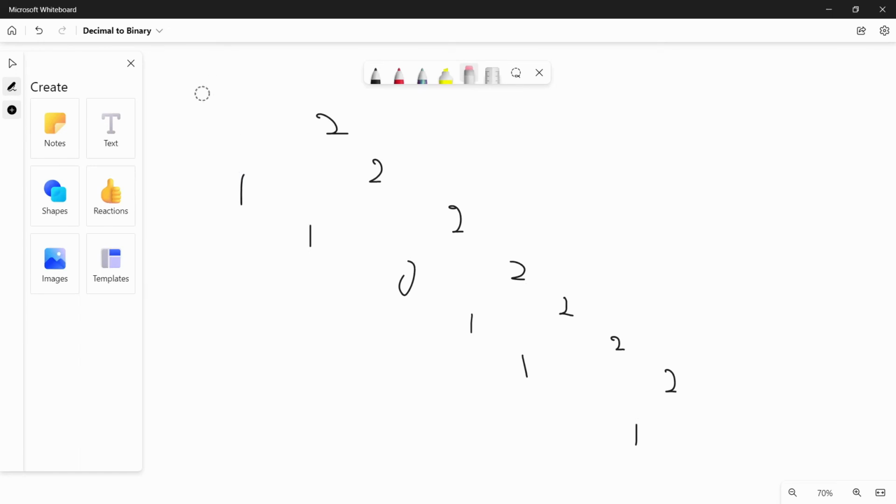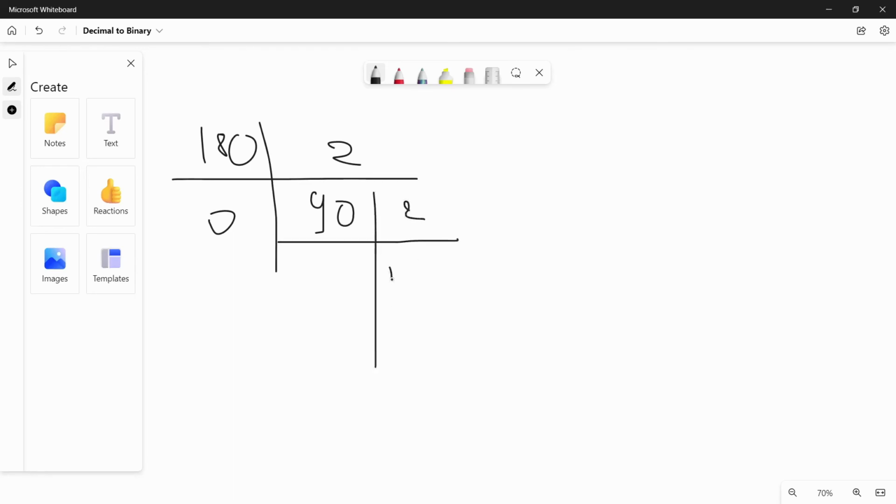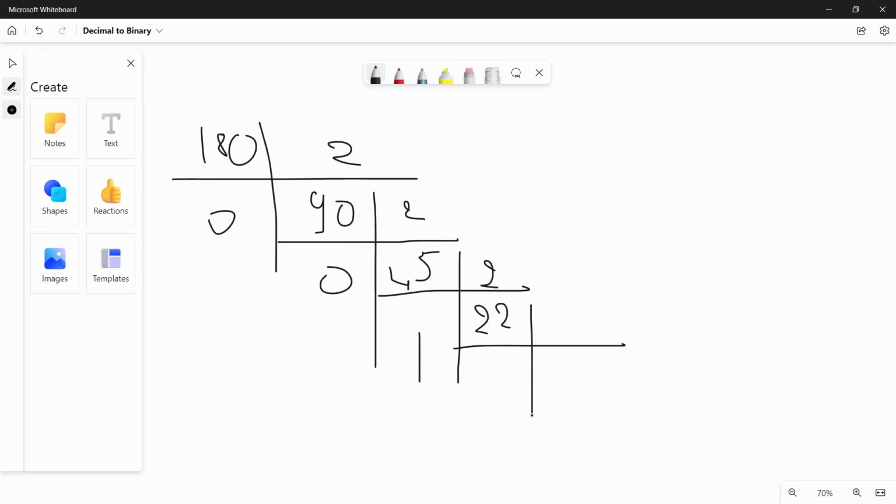Right now, let's do the same method for 180. So if we divide 180 by 2, we'll get 90, remainder 0. Then 90 divided by 2 is 45, remainder 0. 45 divided by 2 is 22.5, that means 22 and remainder 1. 22 divided by 2 is equal to 11, remainder 0. I'll zoom out,